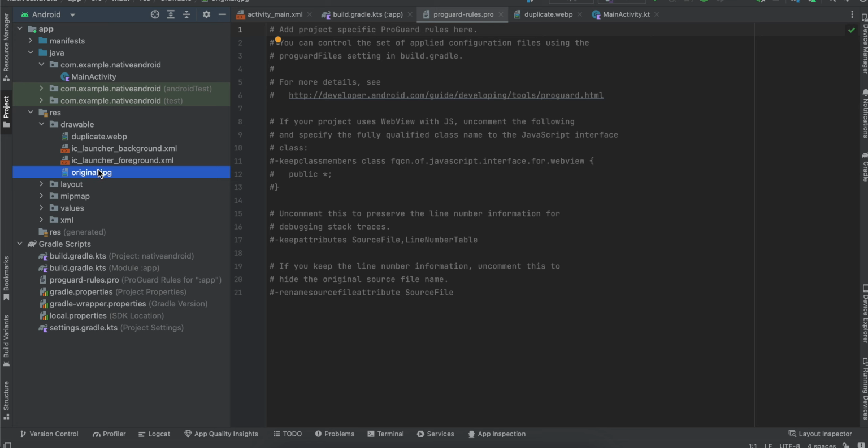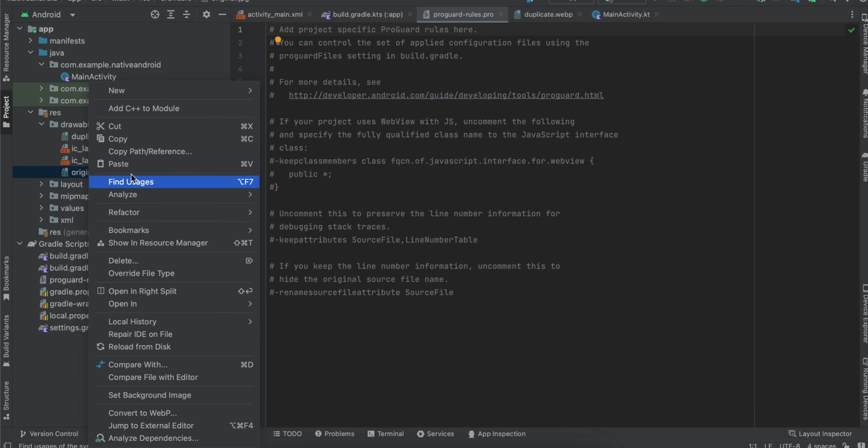Here you can see that I have a JPG image, and I will show you it is the same image. So first of all, if you have any JPG or PNG, there is an option to convert it to WebP. You can easily convert any image to WebP from Android Studio. Next,